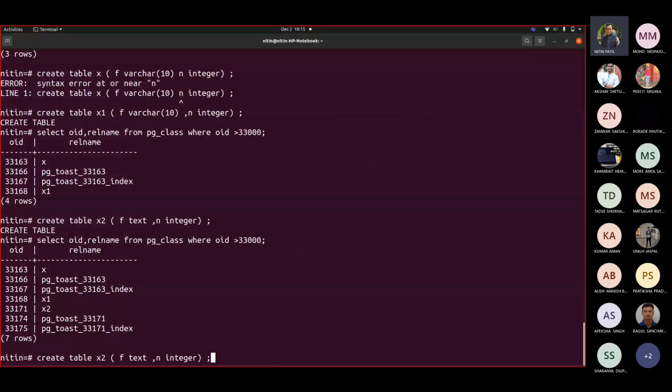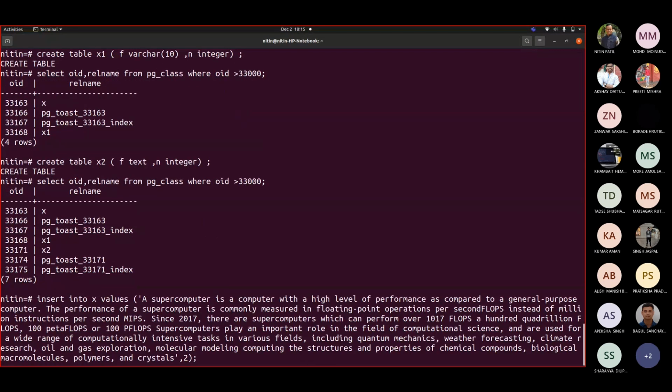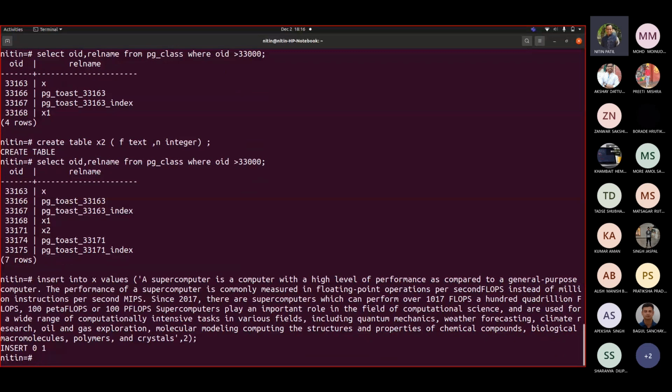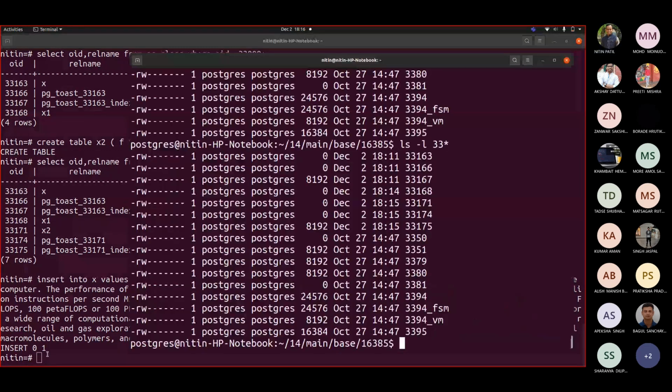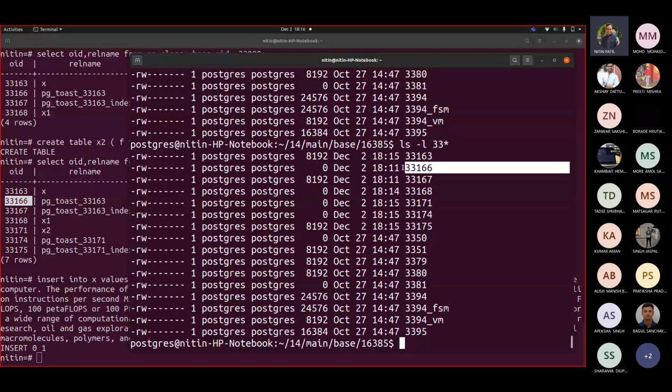So when I try to insert some value in text. Okay, so let us insert a statement. Yeah, let me insert this. So I inserted one record there with X, correct? Now if I try to see again the size, it got me 97. But this 166, whatever the entry that we saw here, it is not getting modified. It remained as it is, correct?